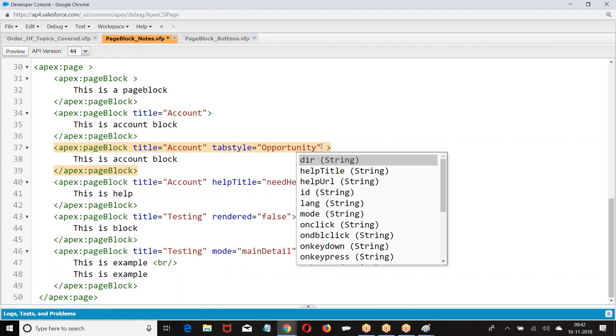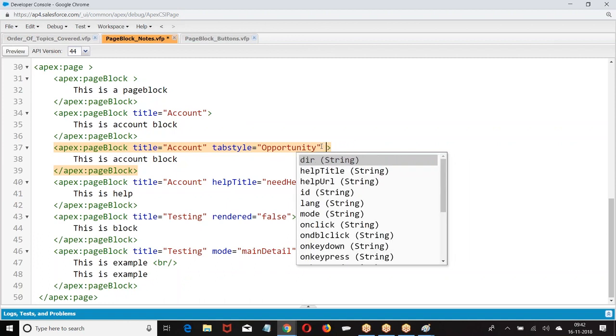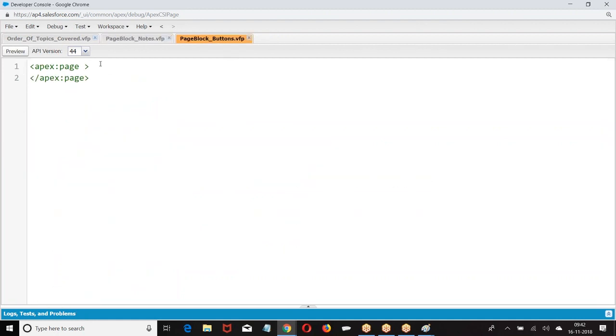Remember the spelling, remember the attributes. You are supposed to remember them. If you write the same program in Eclipse or work with external systems, you will not get this help. You are supposed to remember the properties. Sometimes the autocomplete may support, may not support. You cannot completely rely on this. You have to remember the attributes. Fine, let's go with the next one.